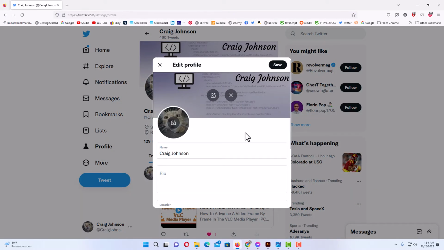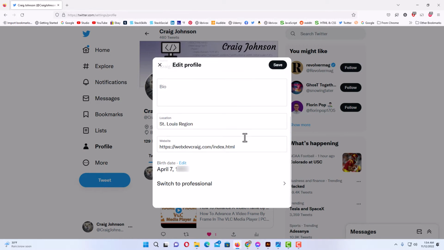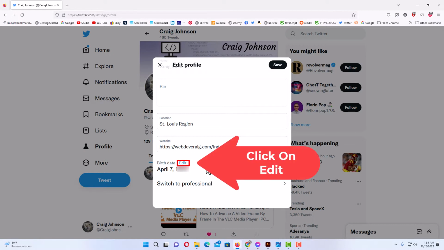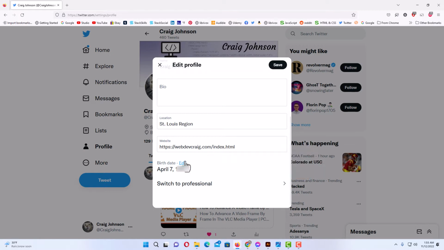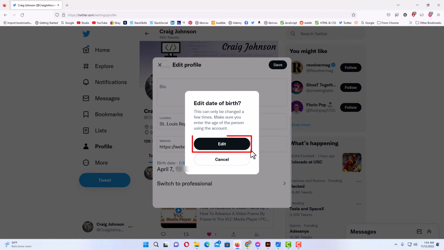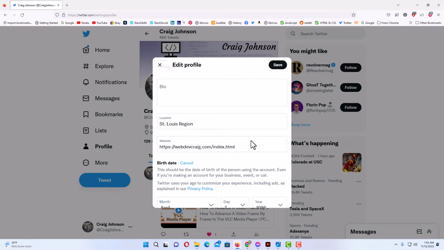Then you'll scroll all the way down to the bottom, and right next to where it says birth date, you'll click on Edit. Then you'll click on Edit again. Then you want to scroll down,